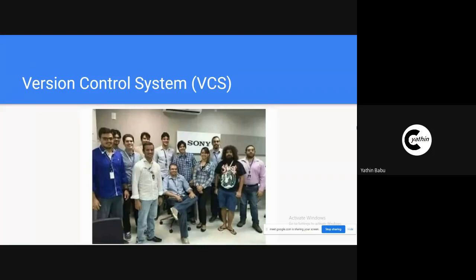Especially in our webinar, we'll be focusing much more on the Git version control system. The advantage of working with Git is that it's a distributed VCS.